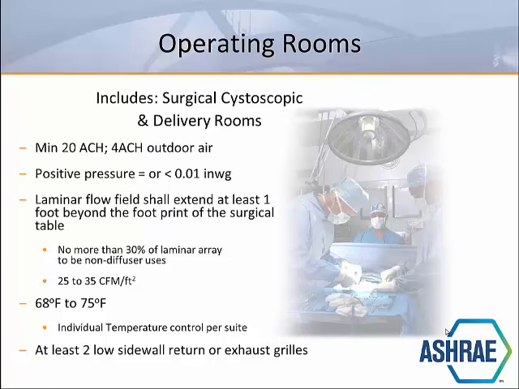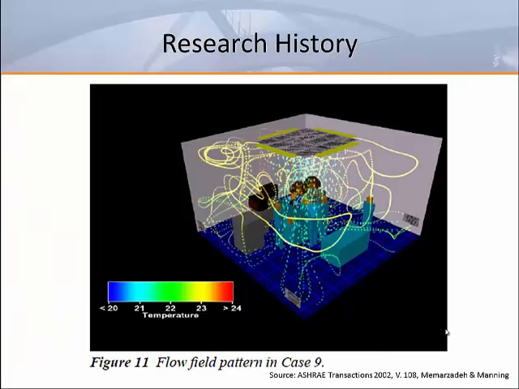Standard 170 requires a minimum array of non-aspirating diffusers that extends 12 inches beyond the operating table in each direction. This was based on a 2002 CFD study conducted by staff at the National Institute of Health. These findings state that one critical aspect of minimizing potential pathogens from coming into contact with the open wound and the back table, where surgical instruments and tools are kept prior to use, is the size of the diffuser array. The surgical staff and equipment located over and around the operating table represent a large heat load, which could